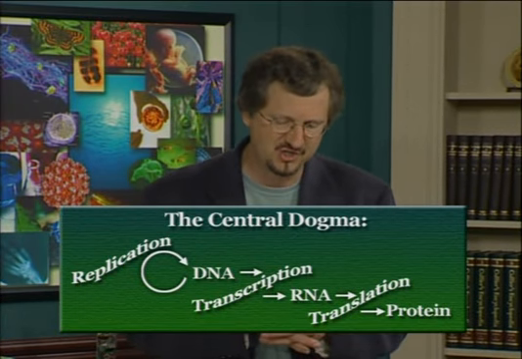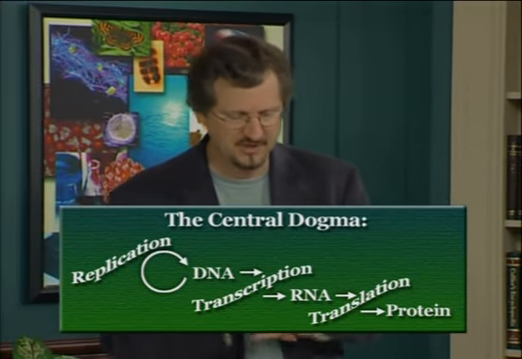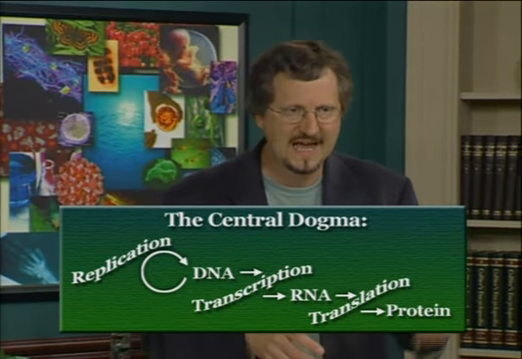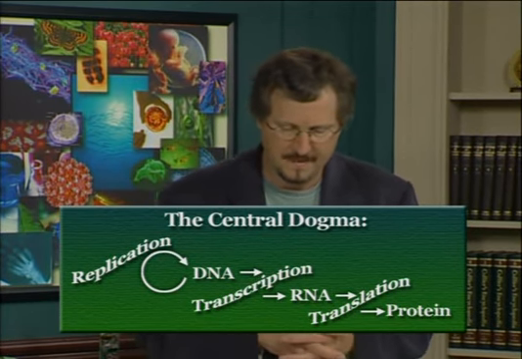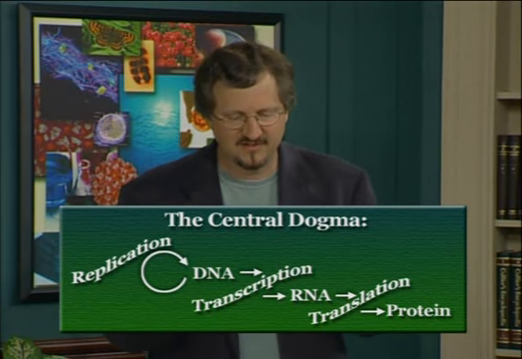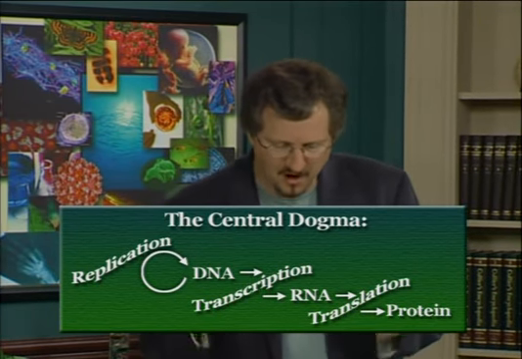This exception is also not really much of an exception, however, since the direction of the flow of information is the same as Crick originally proposed. It goes from nucleic acids to proteins. The trick that these viruses have to solve, however, is how to make more RNA without using DNA as a